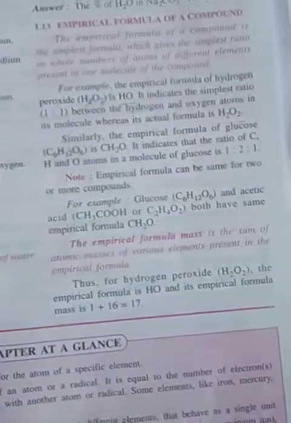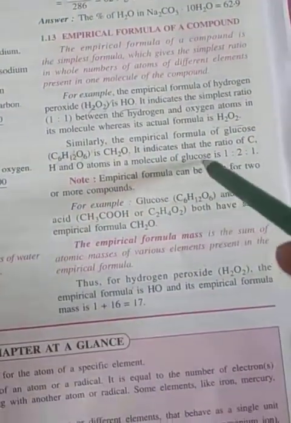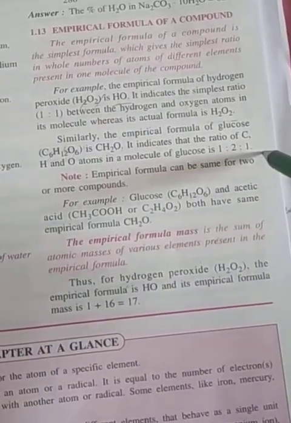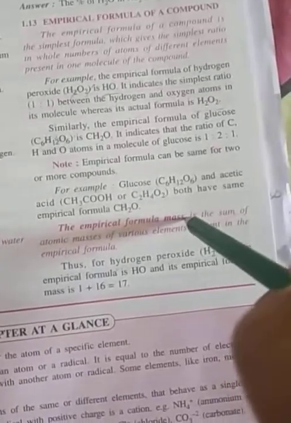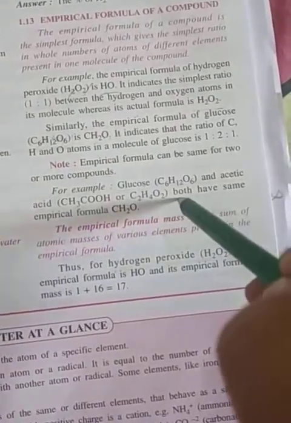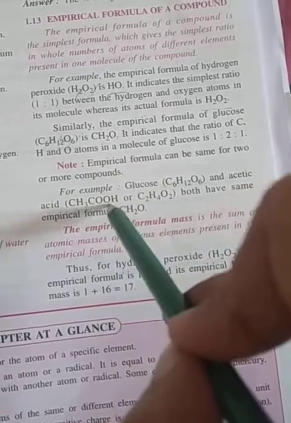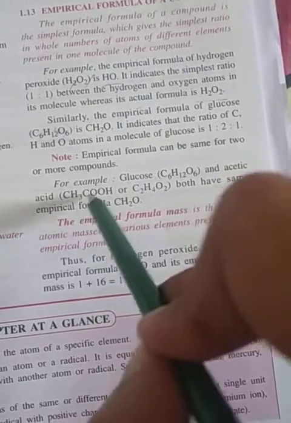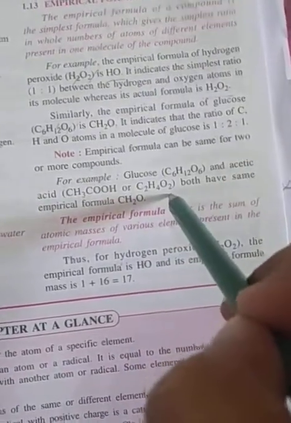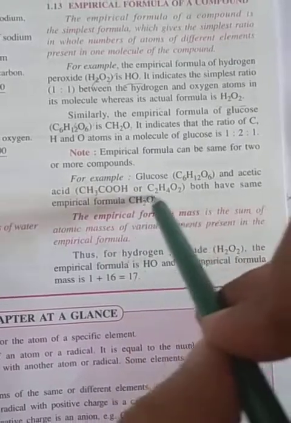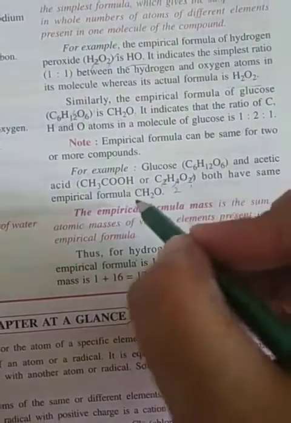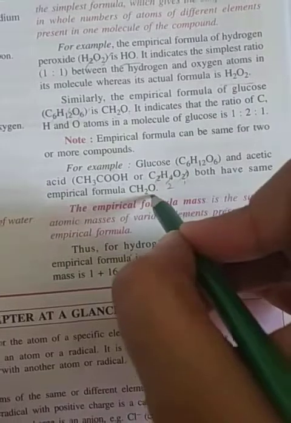So this is the empirical formula, right? What is the ratio of carbon, hydrogen and oxygen? 1:2:1. Okay, the empirical formula mass. If you have to find out the mass, first find the empirical formula, like this one. We can actually write it like this: C2H4O2, 2 carbon, hydrogen 4, oxygen 2. Okay, so first write them together because they are the same atoms. Now cancel it. 1, 2, 1. So this becomes CH2O. So this is the empirical formula.